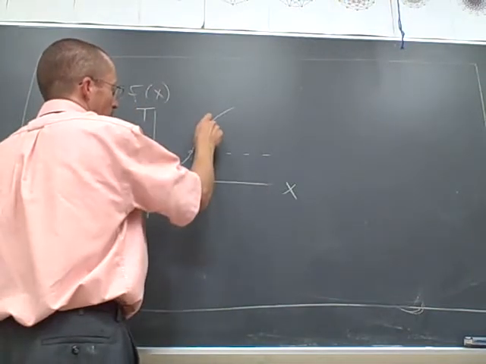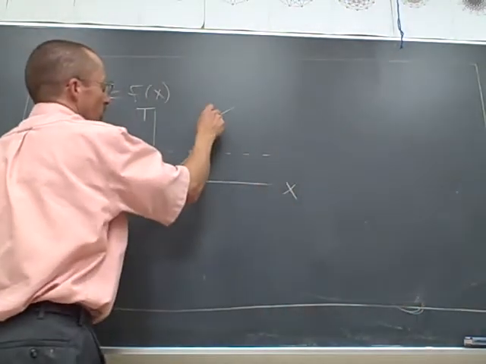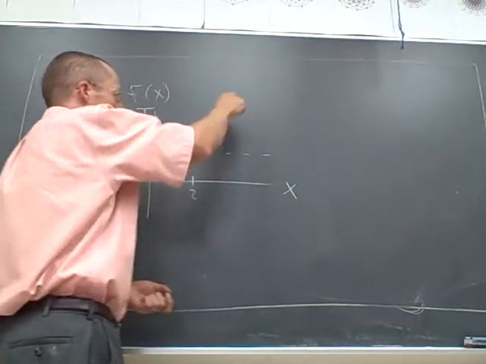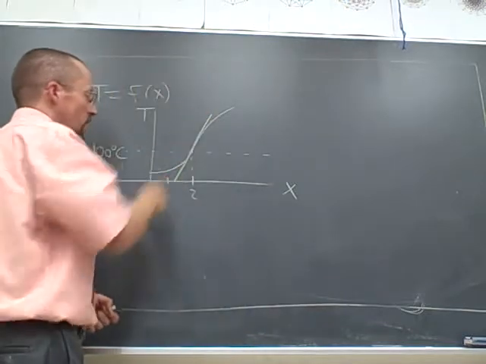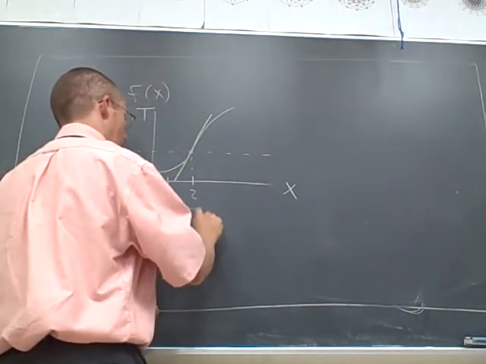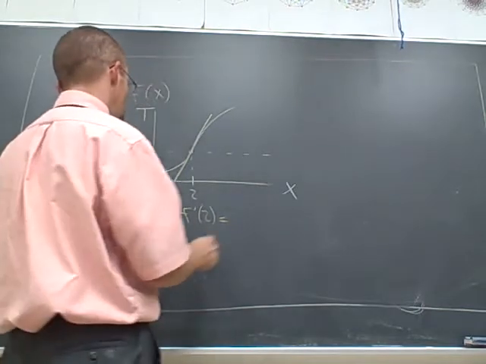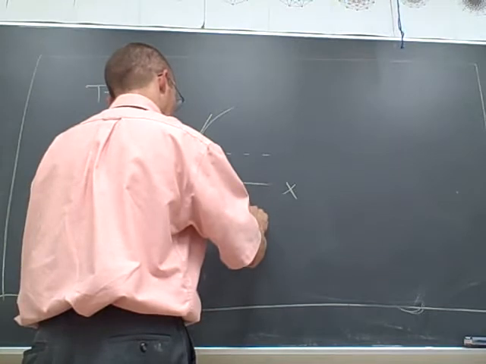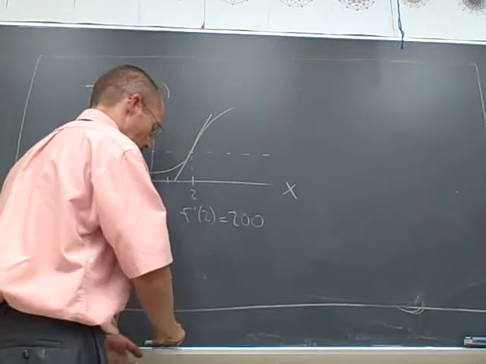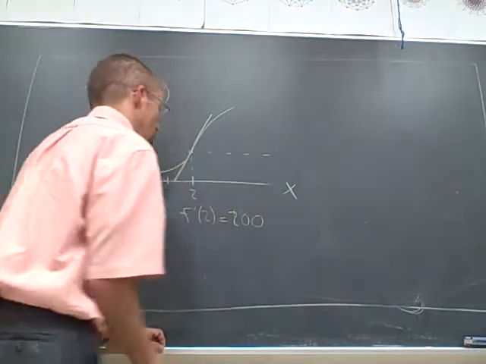We discover that the slope of that tangent line, we don't know the formula for this function, but we discover that the slope of the tangent line, in other words, f prime of 2, is equal to, let's say 200 to make it really simple. Okay. And right at the end of class, I was talking about one new notation we have for that,